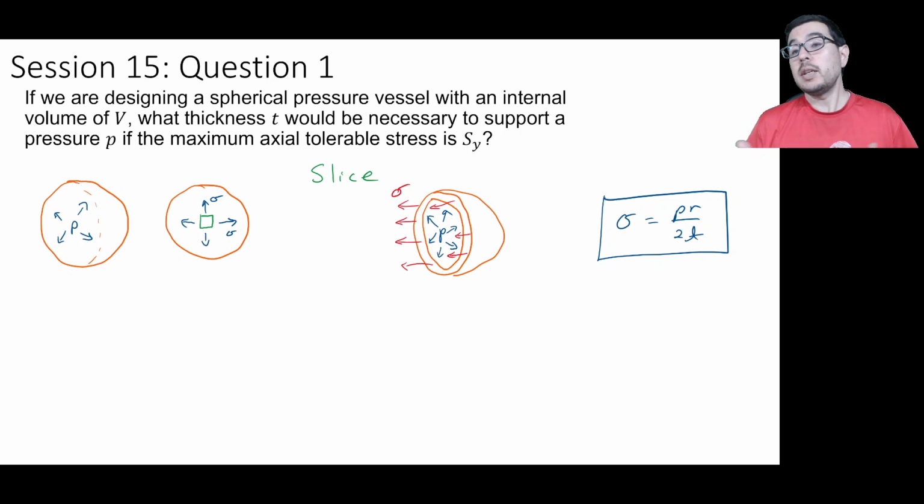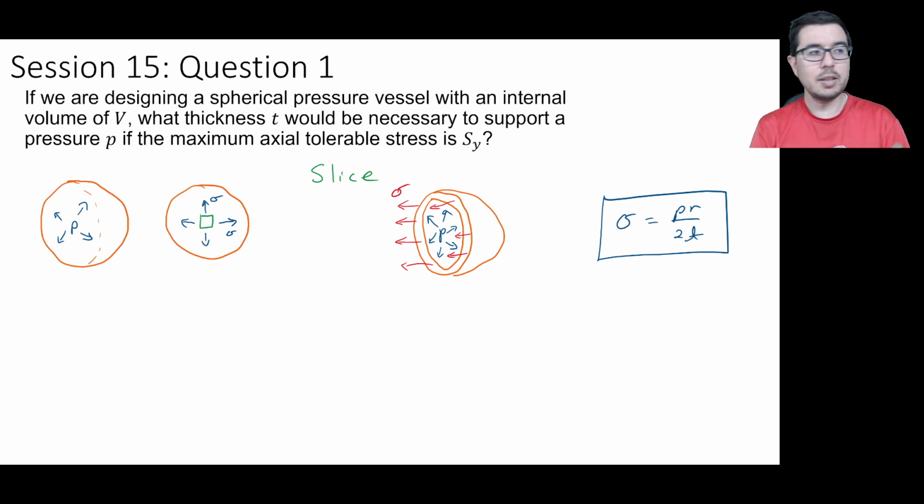This video focuses on designing a spherical pressure vessel with an appropriate thickness such that the maximum normal tolerable stress would be equal to the yield strength of the material being used. So what we see here is a spherical pressure vessel, generically described, with some axial stresses on the surface